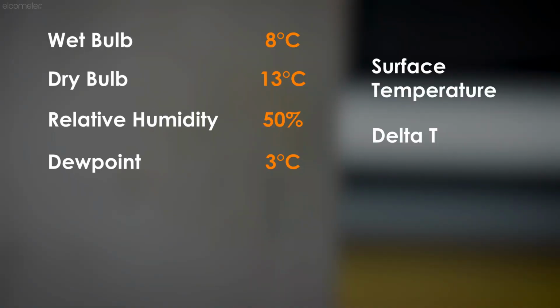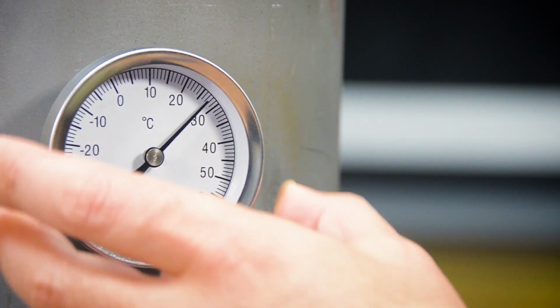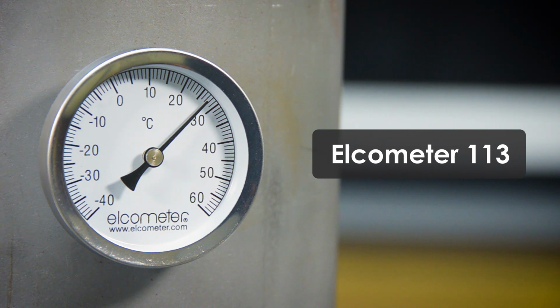Whilst the whirling hygrometer has given us all of these climatic conditions, you're still missing the all-important delta T measurement, and to calculate this you still need a surface temperature measurement, something a hygrometer can't provide, meaning you'll need a separate surface thermometer. This could be a magnetic thermometer for working in intrinsically safe environments, such as the Elcometer 113,